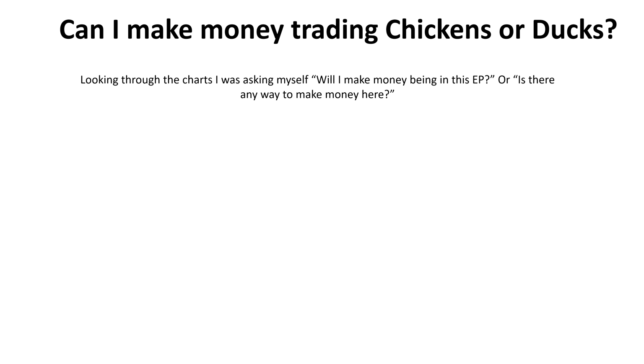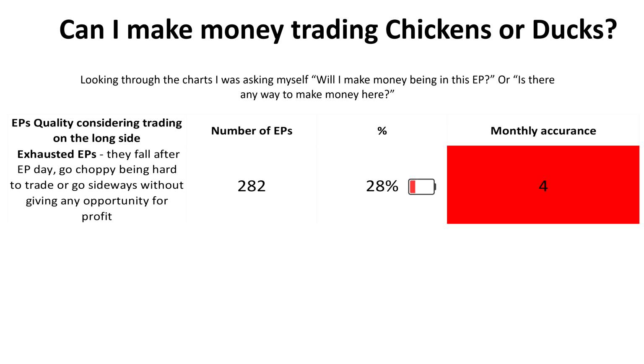These questions open a totally new perspective on those numbers and data, which I was again surprised to see, and I find it super useful. And this is what happens. I hope you are curious now. So, 282 of the total EPs, there are 1,282 in total, or 28% of them, or around 4 of them per month,